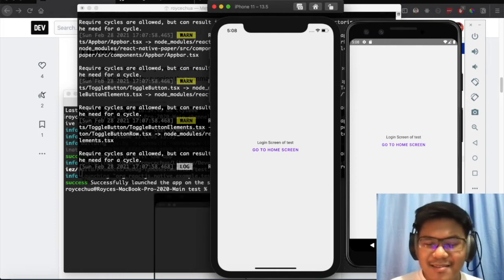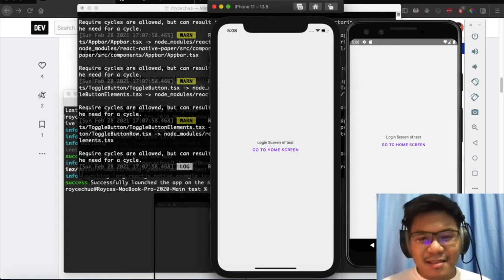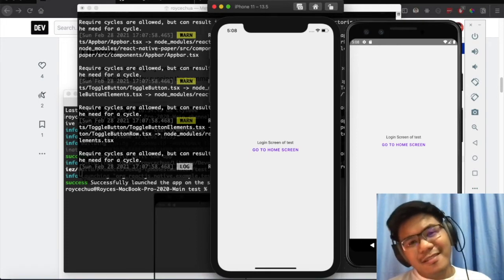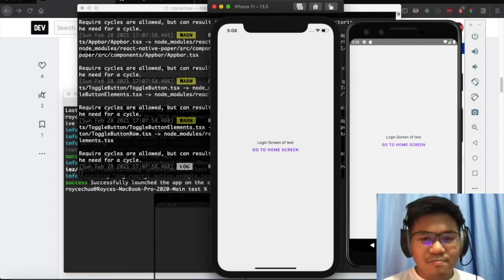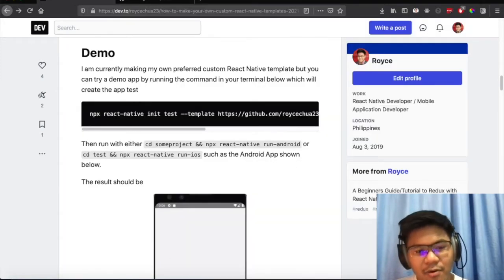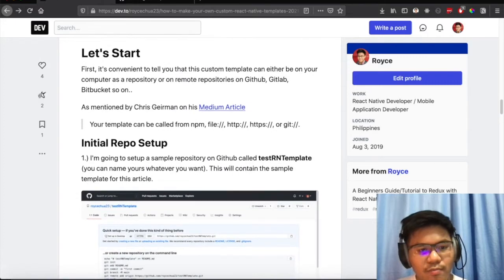So I added some content in there so that you can differentiate that this project is actually the test project that came from our template. And if we wanted to, we can repeat it again with the same project but a different name. So we can easily reuse this one for different projects. So now that we finished the demo, we can finally start to make our